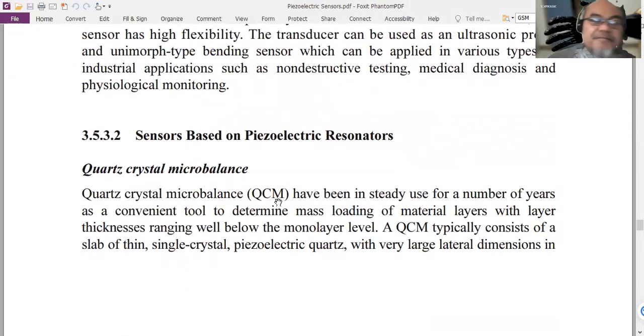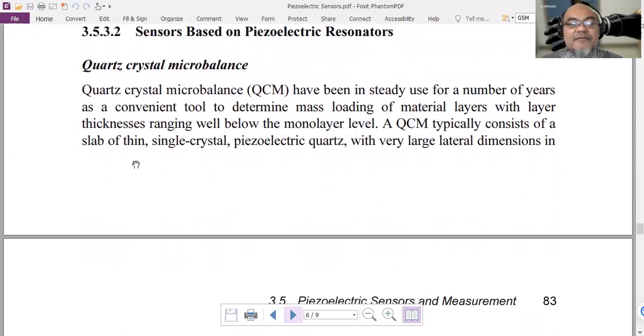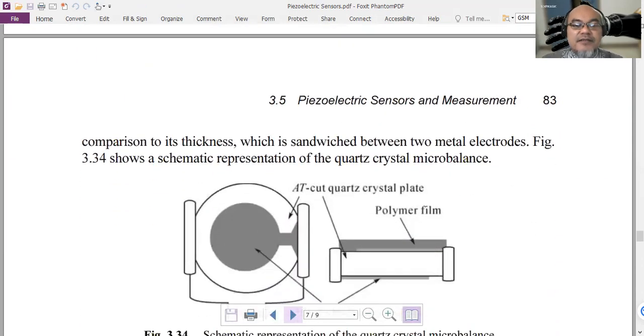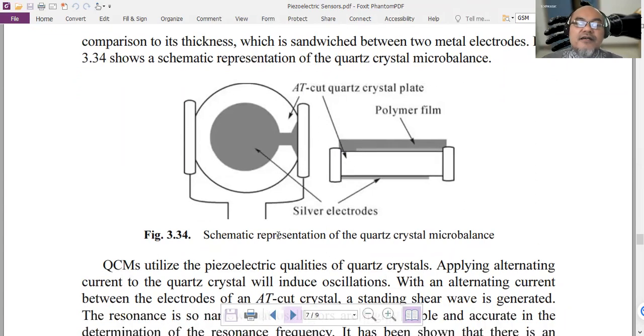Then QCM. We have discussed a little bit about QCM. A QCM typically consists of a slab of single crystal piezoelectric quartz with very large lateral dimension. It looks like this. We apply the voltage here at the bottom as well as at the top layer, and there's a polymer film covering it. We can deposit or immobilize any biomolecules on top of it, which will modify its